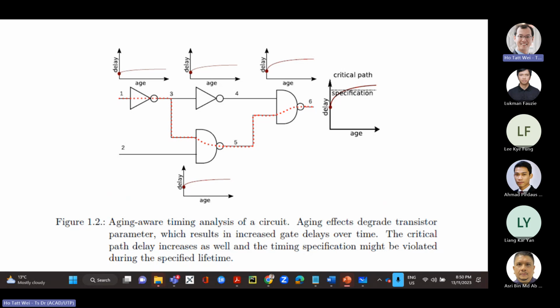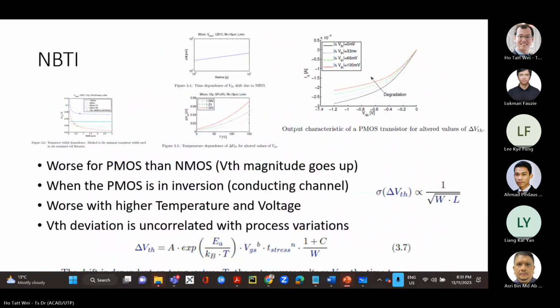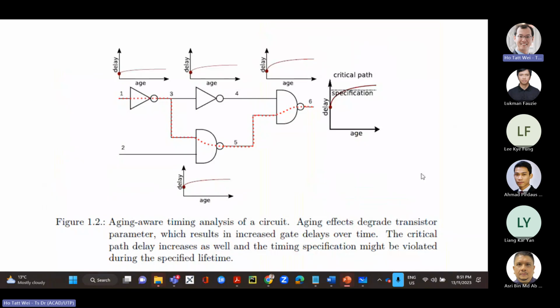Or if you're still running at that clock, which for most circuits will be about the same, then the circuit will start to have timing violations. That's what will happen. So in that case, what we're looking for is most likely we will apply this analysis on the critical path, because any change in timing of the critical path is the one that's going to break the circuit